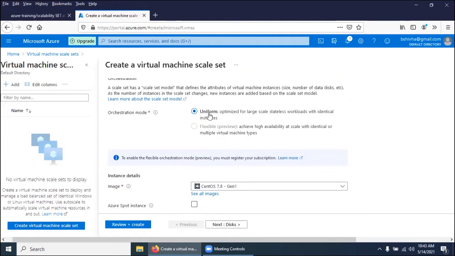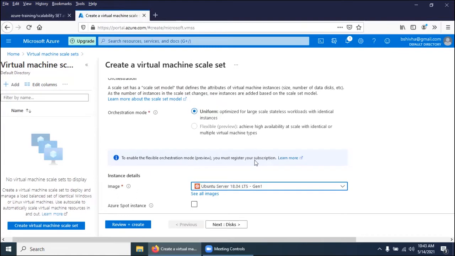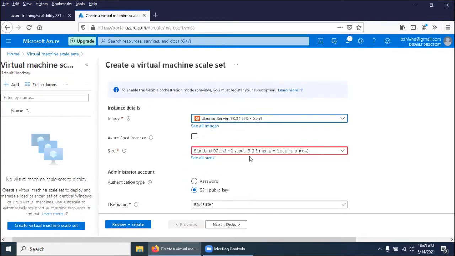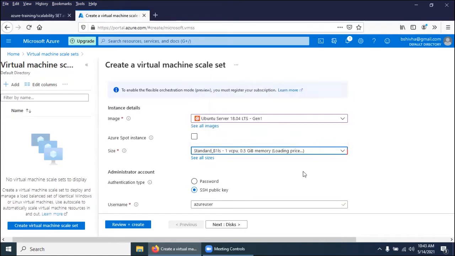You can go with the large scale set. We can go with a minimal Ubuntu server or CentOS, both are fine. Coming down, we don't want more resources. We'll go with minimal resources, 1 CPU and 0.5 GB memory.